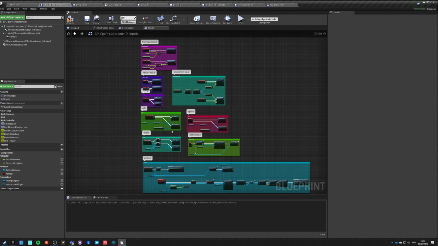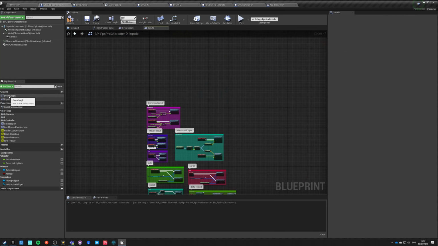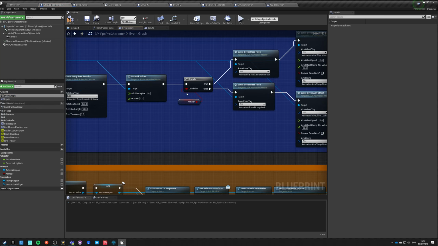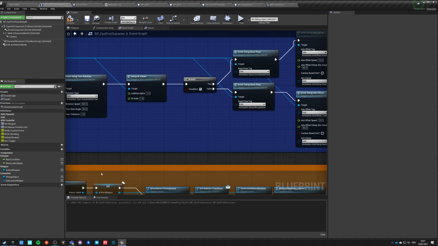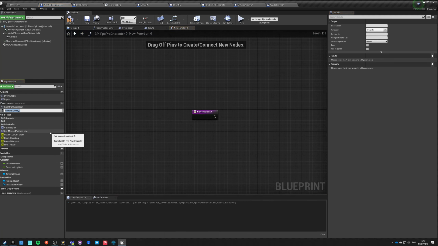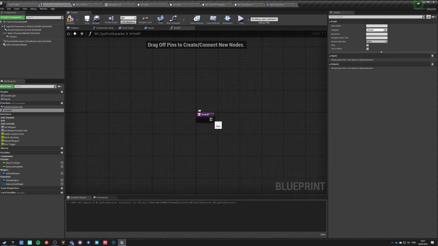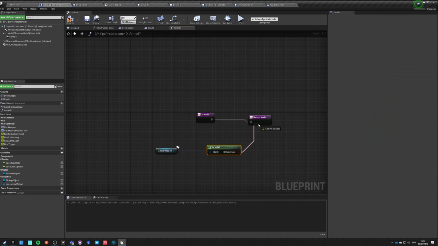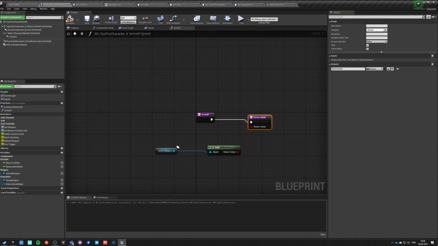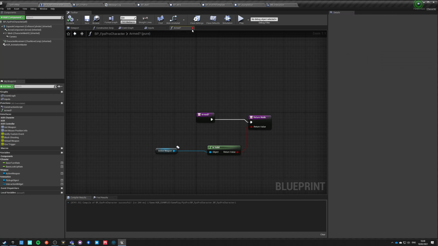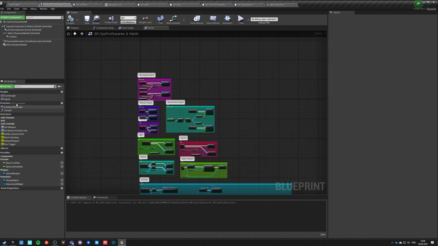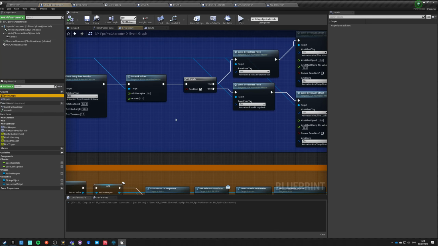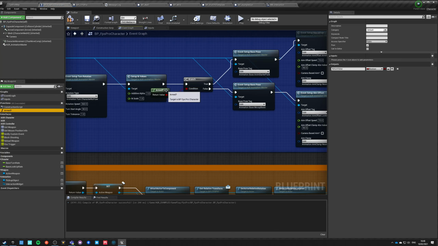You know what, we're going to do it differently. Instead of armed, that will be actually a lot easier to do. Instead of armed as a variable that we will have to change and remember to change, we're going to make a function called armed and return, and what it does, it's saying active weapon get reference valid, return, and this is a pure function. So if we have active weapon, then we are armed. If we don't, then we are not armed. Simple as that. So we go back here, we go into our event graph, and we just put our armed function here now, and we got armed.